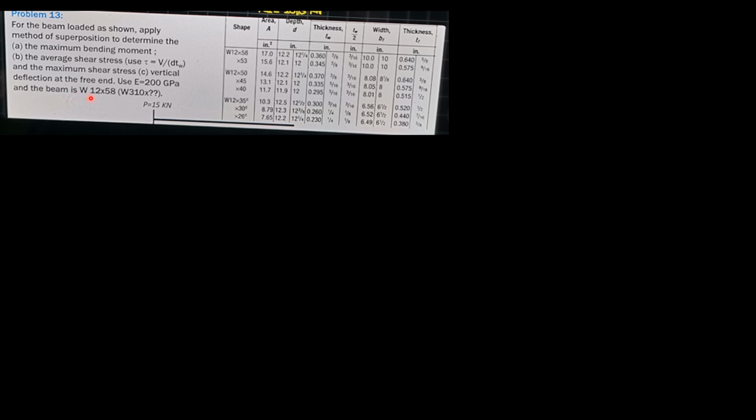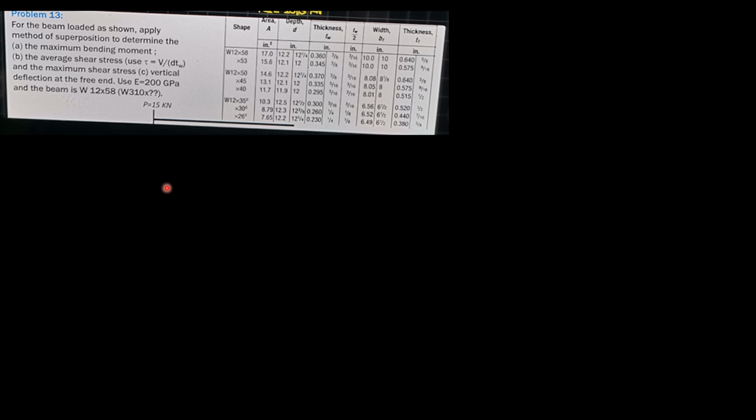It is W12 by 58, which is this beam here. At the end of the beam is a 15 kilonewton load. Aside from the weight of the beam, it also carries a uniform load of 5 kilonewtons per meter. So when you say superposition, supposedly